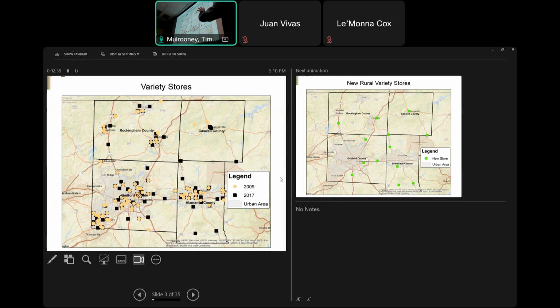And so I did a study on that, on variety stores, in particular Dollar Tree, Dollar General, and Family Dollar. I think the green ones, the Dollar Tree and the Family Dollar, combine forces in some places. And so this is what change detection looks like at its most basic level, meaning